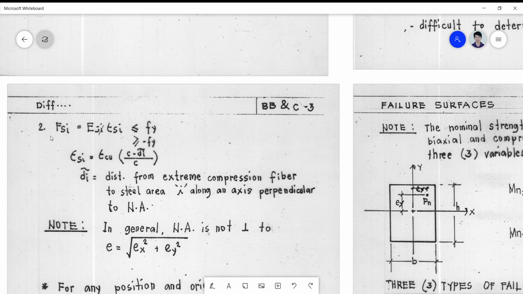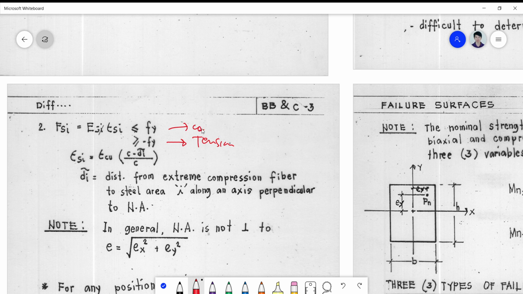Okay, so for the steel stresses, we take note that the steel stress can be either equal to or less than Fy. In case it exceeds Fy, then your maximum value will stick to Fy only. So for values with negative signs, we actually have a tension still, and for values of Fs which is positive, we have compression still.